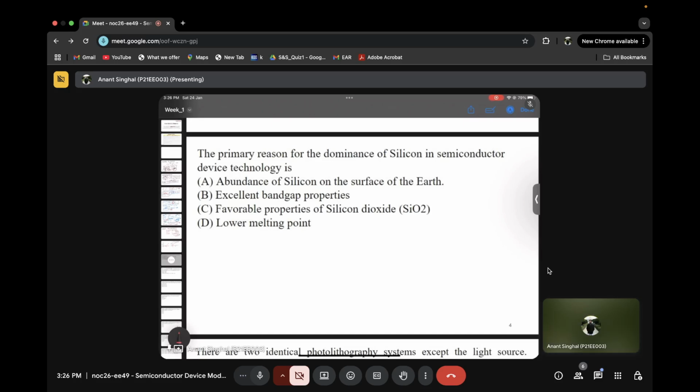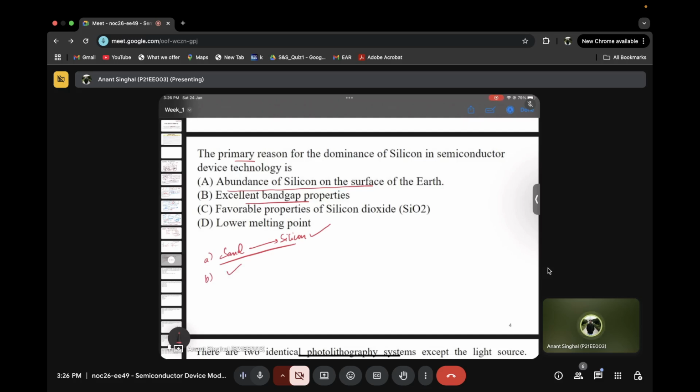So okay, the primary reason. First of all, the first option says abundance of silicon on the surface. So it is true that we have a lot of silicon on the surface. So anything that is what we call as sand, it can be converted into silicon. So we have abundance of silicon. That is actually true. Now the option B says it has excellent band gap property. So it is also true because